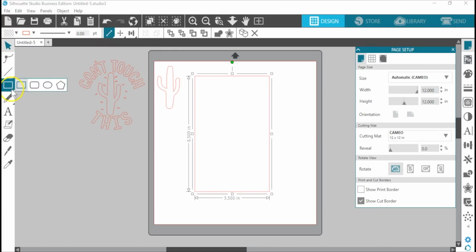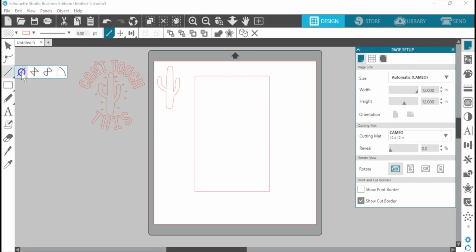I want to draw a perforated line, so I'm just going to use my line tool and just drag it horizontally across while holding my Shift key. And that needs to be 5.5 inches wide, so in the Scale tool, I'll lock it and plug in my dimensions.